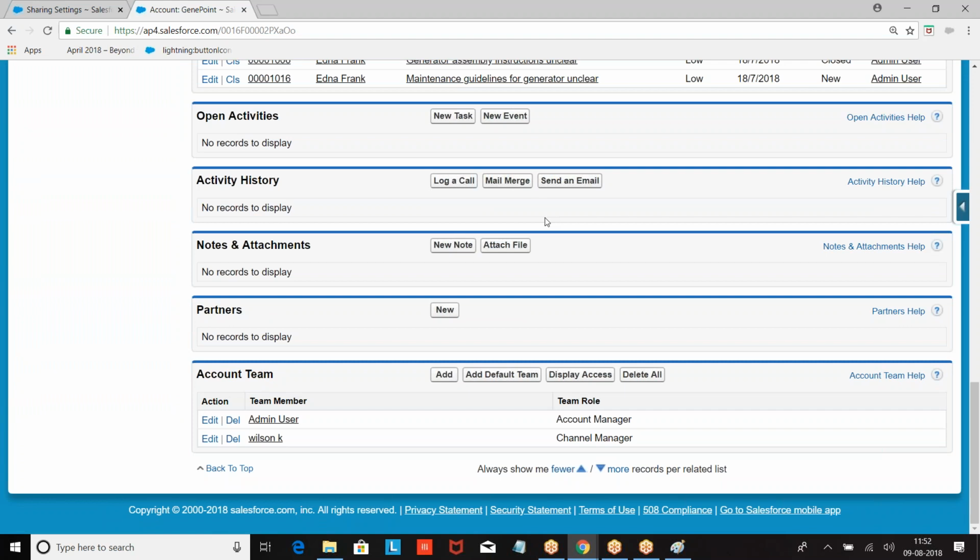So if you want a group of people to collaborate and work on a particular account, we create account teams. And every team member will have a role, and account team member will have access to the corresponding accounts, contacts, opportunities, cases. Everyone has followed this? Clear? Let me give you critical information about it.